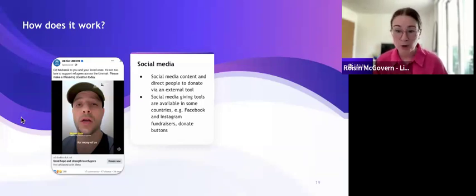This is really helpful because you can target specific demographics of your audience, and because the donation mechanism is integrated into the ad and the post, it's as easy as possible for someone to feel inspired and immediately click Donate Now. In just a few clicks, a few seconds, they can make a donation to your cause.